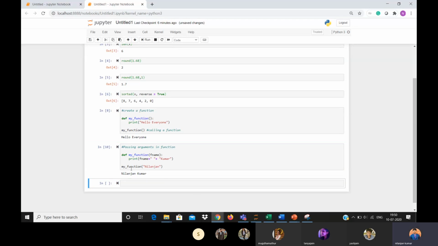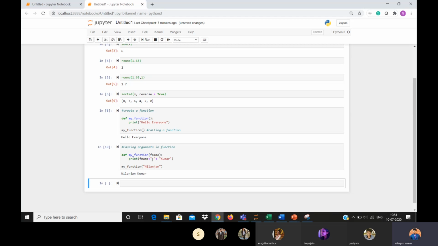Whatever we give in the brackets while calling a function gets printed. This is what happens when we pass an argument in a function. It's simple, there's nothing to worry about. def means we are defining a function. We are creating our own function, my function, which is the function name, and giving a variable name.